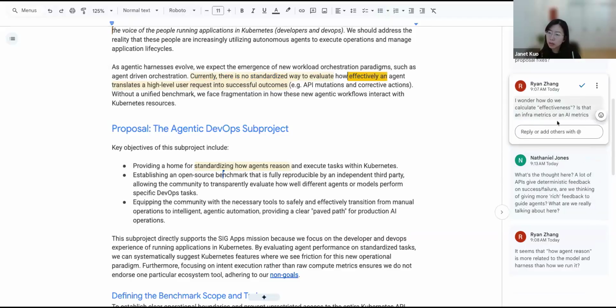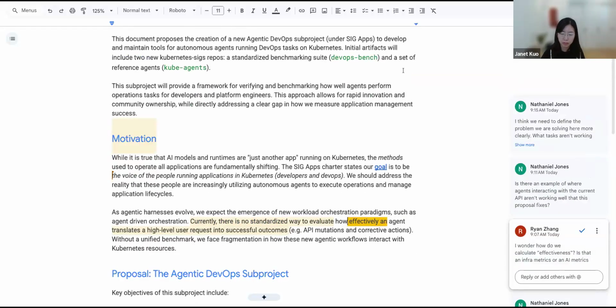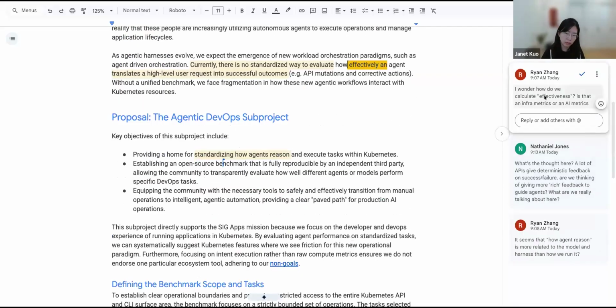The next question, how do we calculate effectiveness? I think effectiveness is part of the benchmarking. In the DevOps bench, we're going to define the criteria of how we evaluate the effectiveness of each agent.